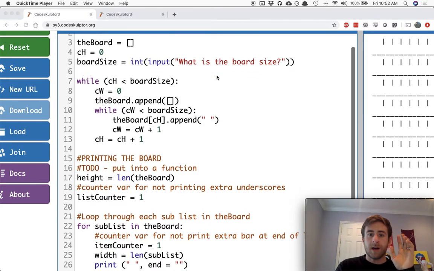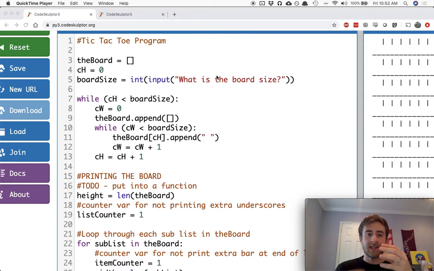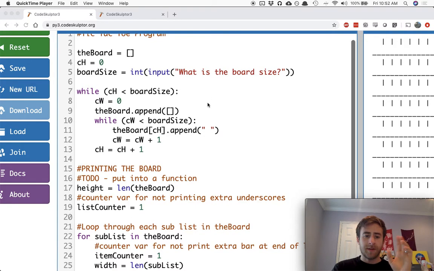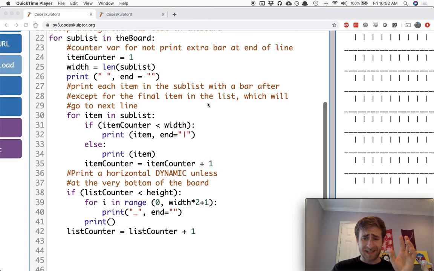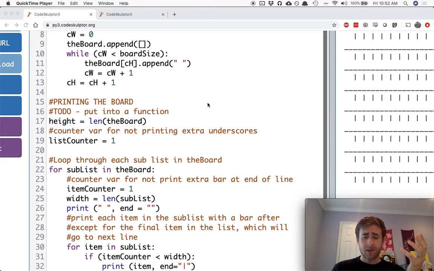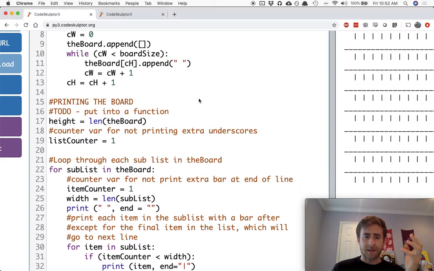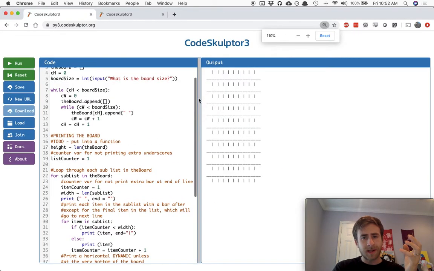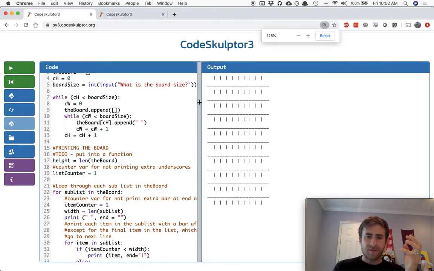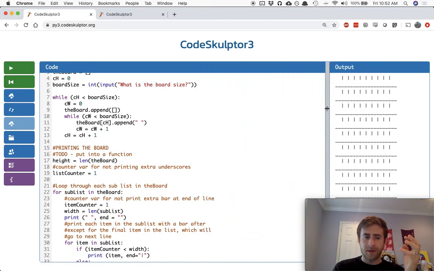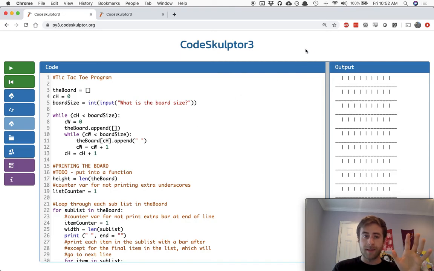Alrighty. Past couple of videos, we've been building up on our tic-tac-toe program a little bit. The issue is it's a little crowded. So I'm going to zoom out a lot, I think. Maybe not all the way, maybe to like 125, but I need to be able to zoom out a good amount so that we can get a bird's eye view of this program. And we can,